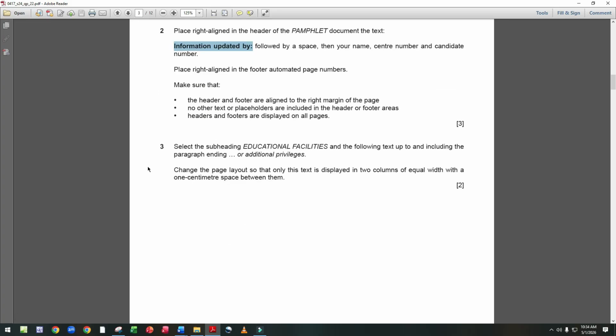Now come to question 3. Select the subheading Educational facilities and the following text up to and including the paragraph ending or additional privileges. Now we find the paragraph.